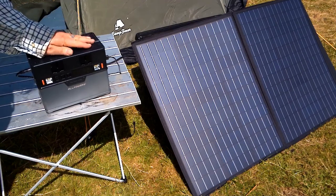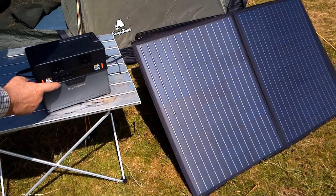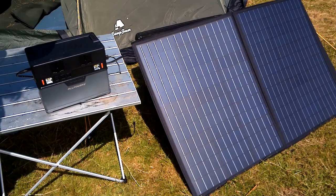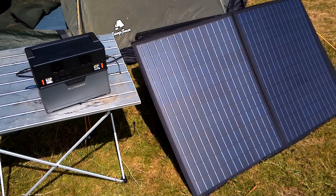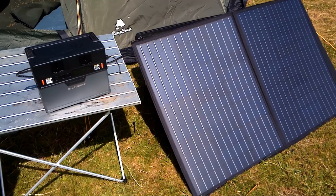On the top here, if you've got a phone that recharges wirelessly, you can charge it off it just by pressing that button. As you can see, we've got two standard household plugs. Okay, it's not going to run that long, about an hour and 20 minutes, but that's okay if you want to go out to the garden or the shed and use a power tool or anything else for a short period of time. It'll run it. It's an inverter. You can also use these sockets for long periods of time if you've got connection cables that run off the mains. Plug them in there